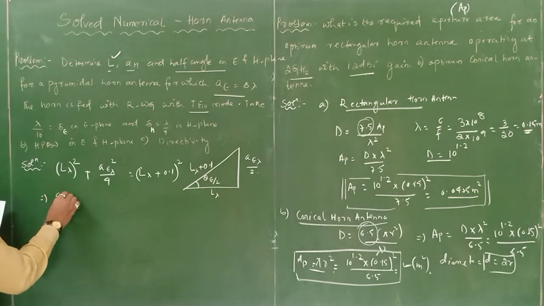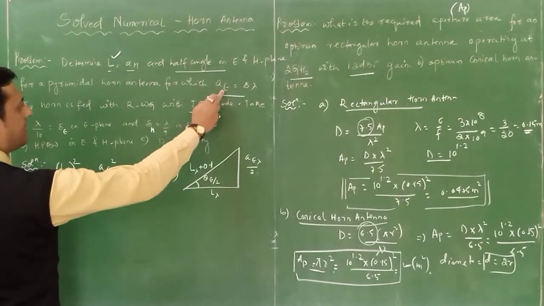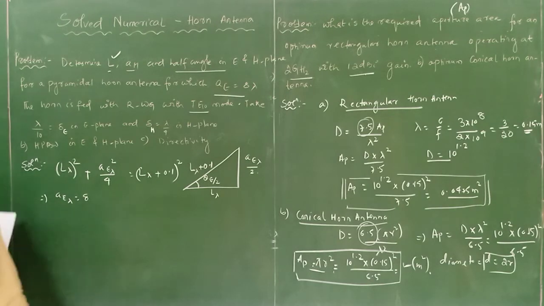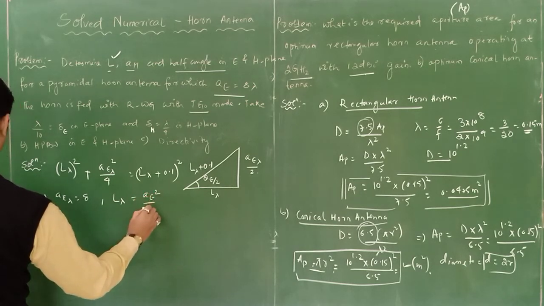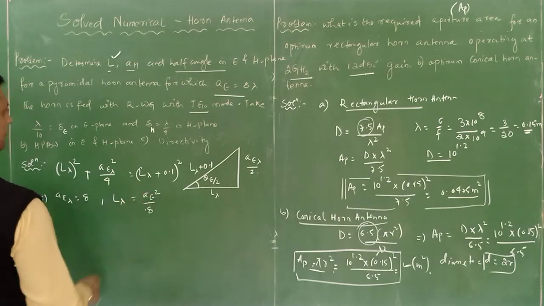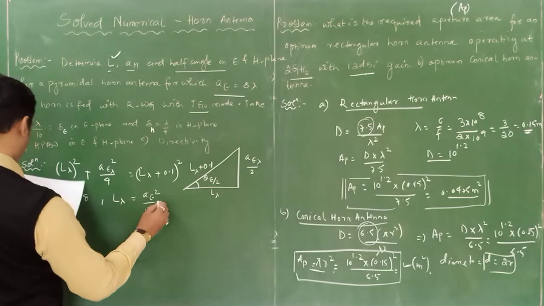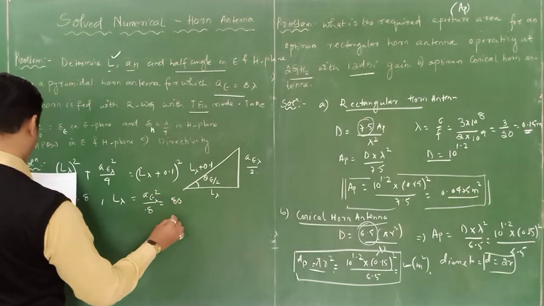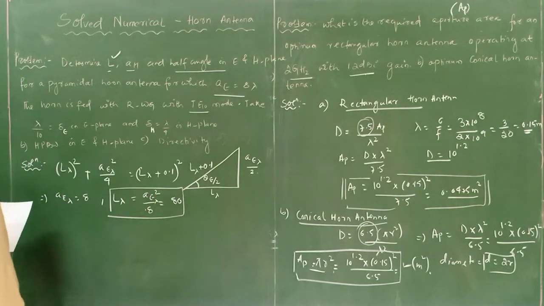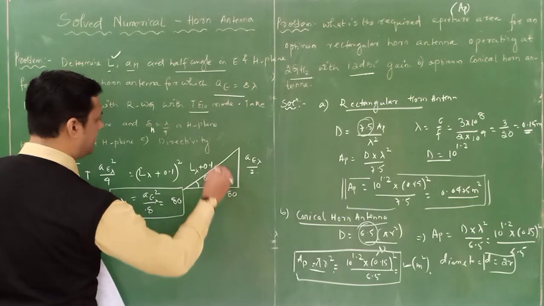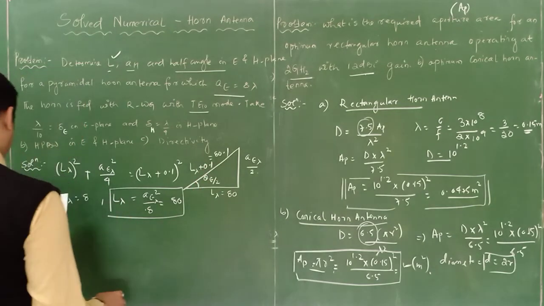So we have A lambda as 8. If you divide this lambda here, you will get A lambda, that is A. And L lambda is equal to A square divided by 8 lambda, because this 0.1 is multiplied with that 8 del. So this I can write as 80. So L lambda is equal to 80. Okay. So once this 80 is known, so this is 80, this is 80.1, and we can write.